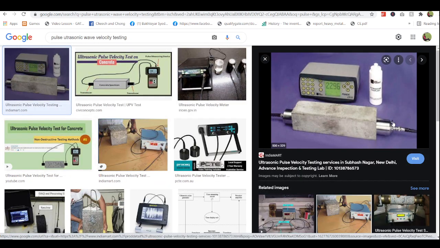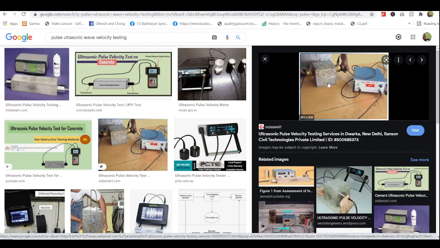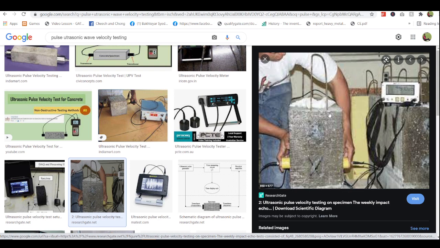So the ultrasonic wave is coming out from one side, and the velocity is read from the other side, from this concrete or specimen. From this specimen or concrete we take out the average velocities and calculate according to the average velocity. From the table we come to know about the quality of the concrete. So this is the process.